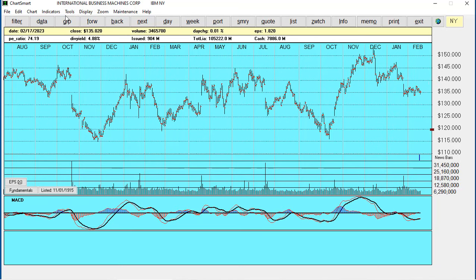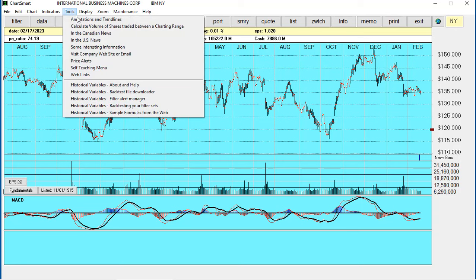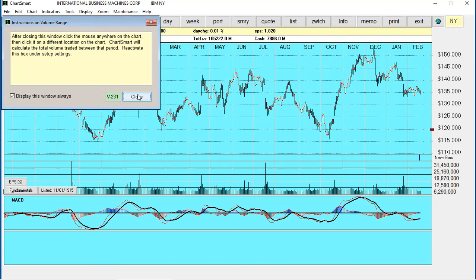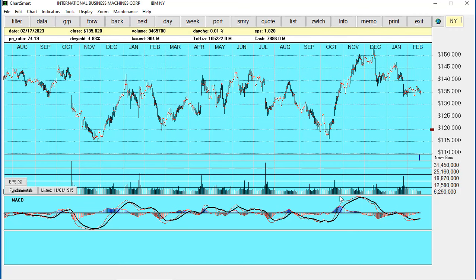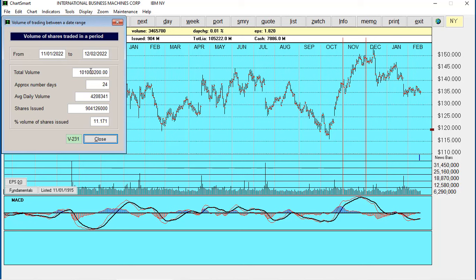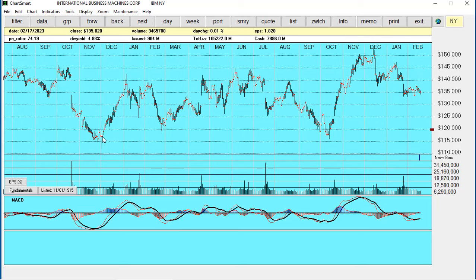Now continue. Tools. Calculate volume of shares between a trading range. Kind of a neat feature. This little message window comes up, and then what happens is you can say, well, how many shares traded in November? You can just click here, and then a nice summary comes up, and it says, well, 11% of the total market cap traded in that range. Interesting feature. It depends what markets you're looking at, but